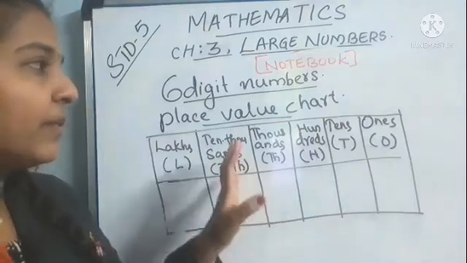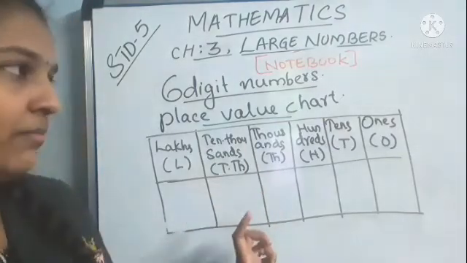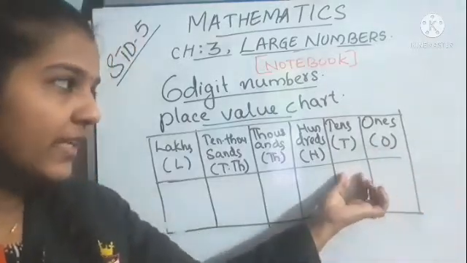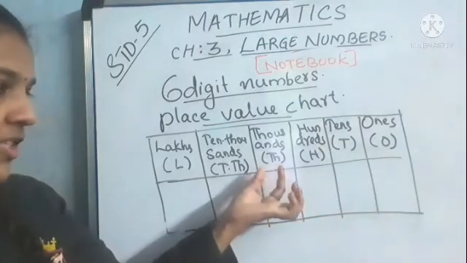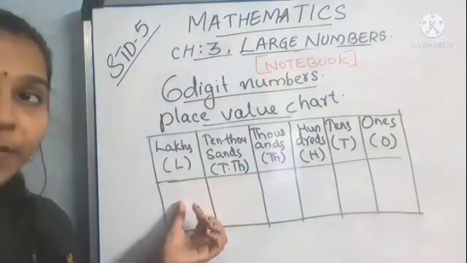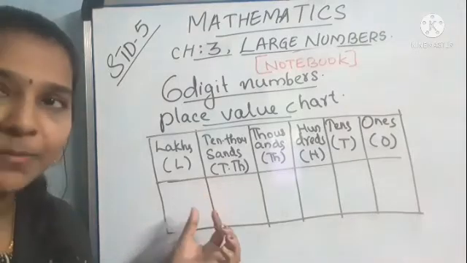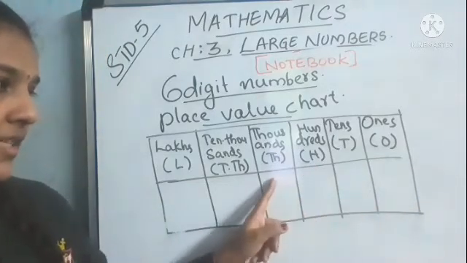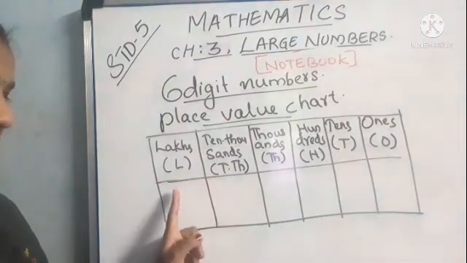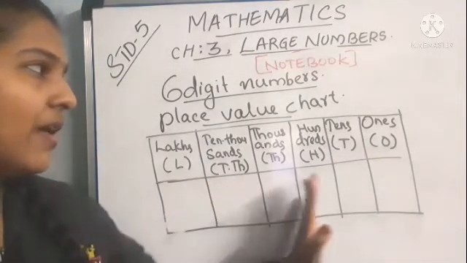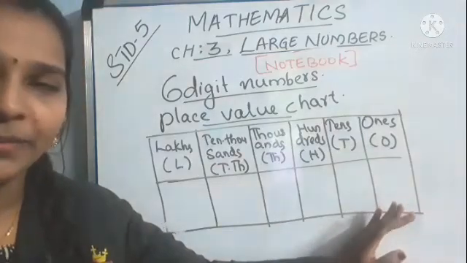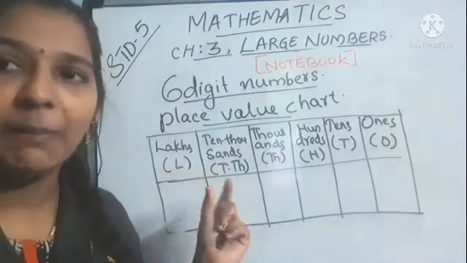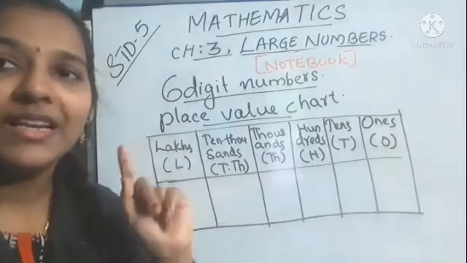Here shows us the place value chart of a 6-digit number. So, rightmost place is ones place, tens place, hundreds place, thousands place, 10,000s place, and after that there is a new place and that is lakhs place. Okay, this is the place value chart of a 6-digit number. And to denote lakh, you can put the letter L. Okay, capital L you can write to denote lakhs.